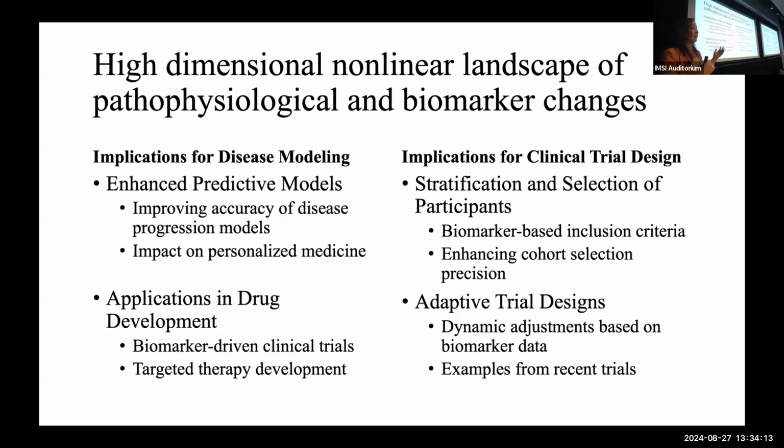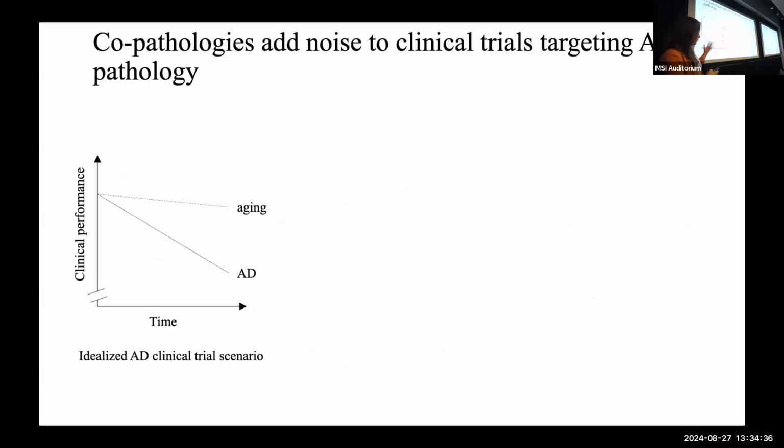Someone being amyloid positive doesn't necessarily predict their full progression of the disease for 5 or 10 years. As they progress, different things are introduced. They're exposed to different insults like co-pathologies, or it could be some environmental insults, and that totally changes their progression profiles, and those are not currently captured.